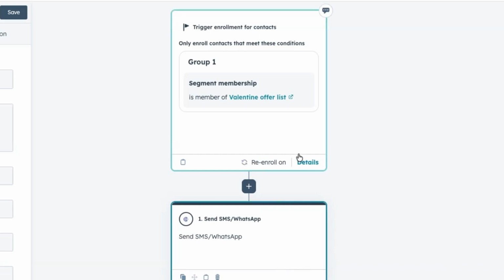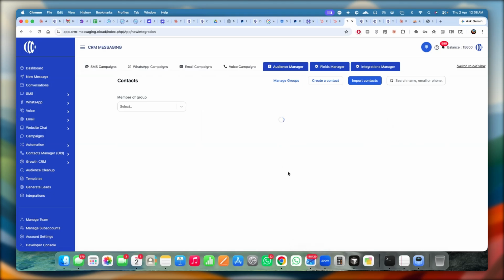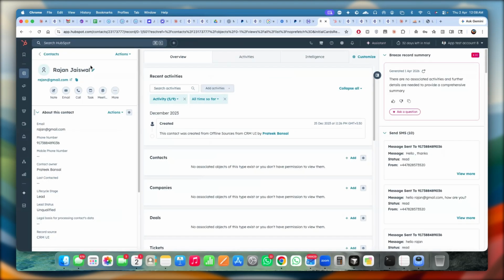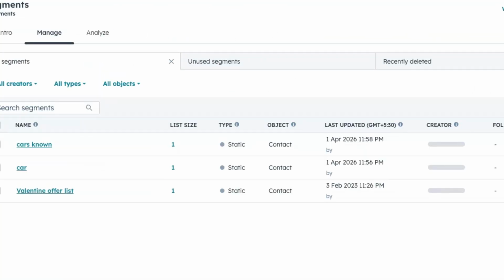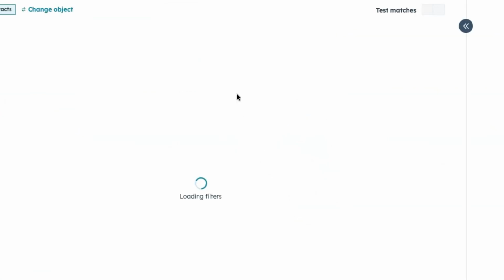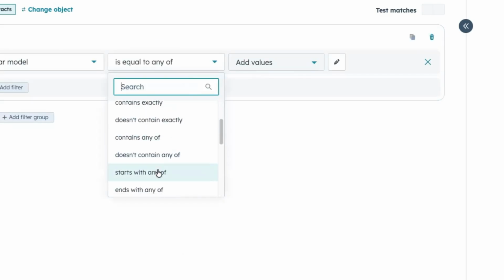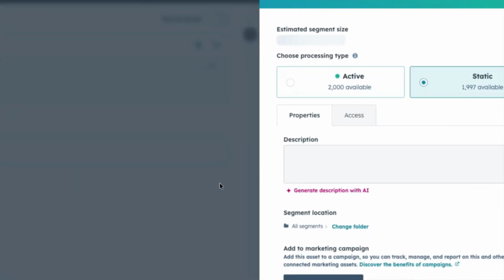If you want to send in a campaign way, we have another way too. You can come over here and click on audience manager, manage groups. You'll find the groups that you create over here. For example, if I create a group demo, then add a filter model equal to known. Of all the people in this group,